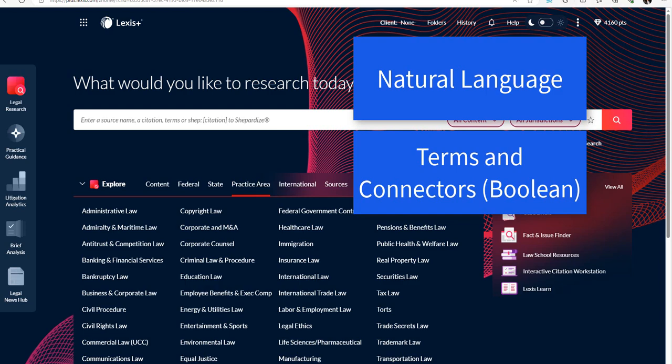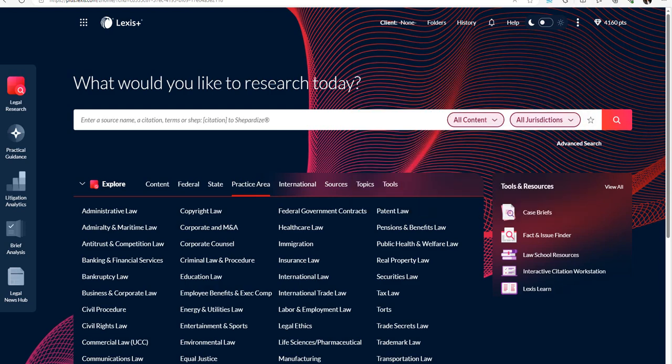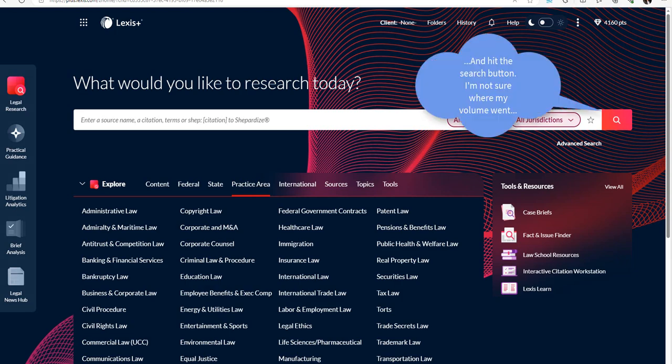Let's start with natural language because you already know how to use this search method. Natural language is how you search on Google or other internet search providers. Simply enter a question, phrase, terms, really whatever it is you're looking to find. So for example, you'll want to enter 1983 First Amendment retaliation into the search bar